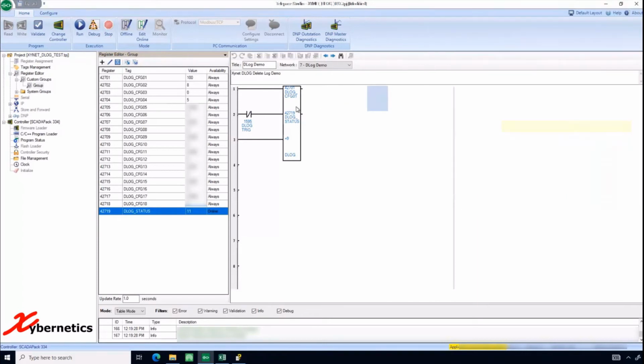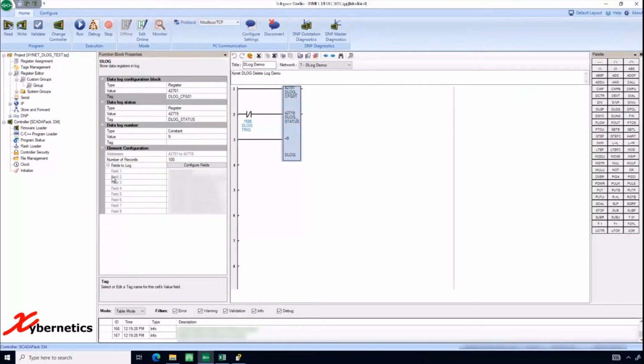Right now, if I go back offline and look at this controller, I have 8 different values and fields that I'm trying to log. It could be that previously on this controller we were only logging 4 different fields, right? So there's a bit of a disconnect. The way to mitigate this has 2 options. One of them is to do a cold boot, right? I'll leave a link on how to do a cold boot on this video here on the top right hand corner. And the second option, if you can't really do a cold boot because the SCADAPack is in production,